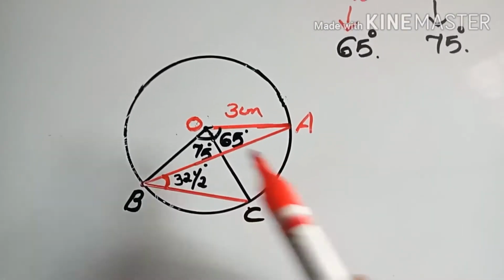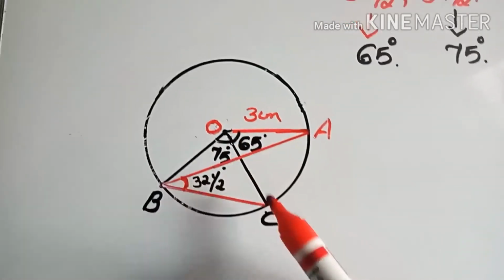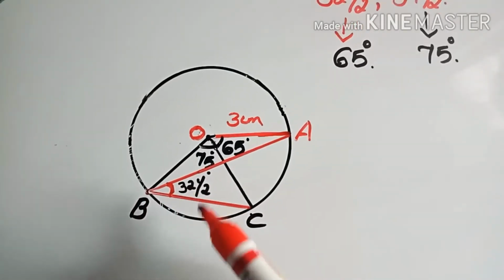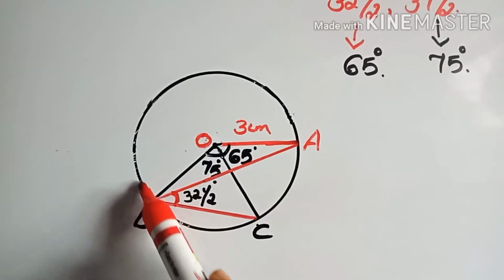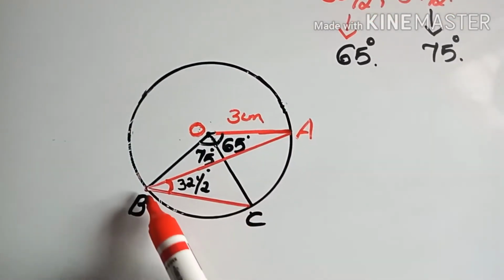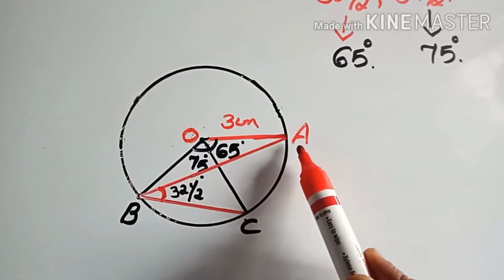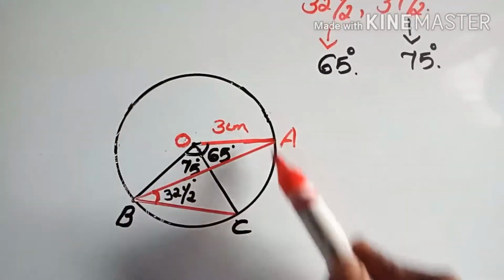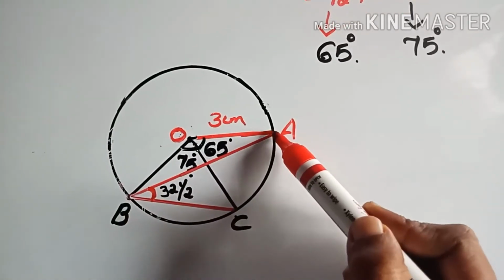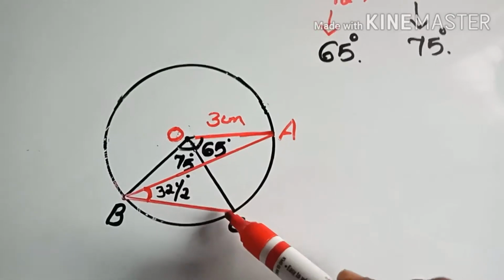Now, similarly, we can consider the next angle, 75 degrees, that is BOC, starting point B, ending point C. Here the alternate arc will be the large arc from B up to the point C. This is the alternate arc of this small arc BC. So the upper angle can be anywhere around this point in between B and C. Let's take that point as A here. So B, A, C.